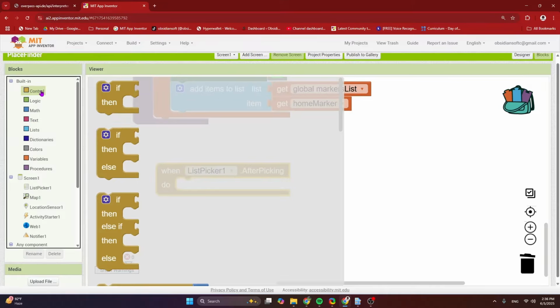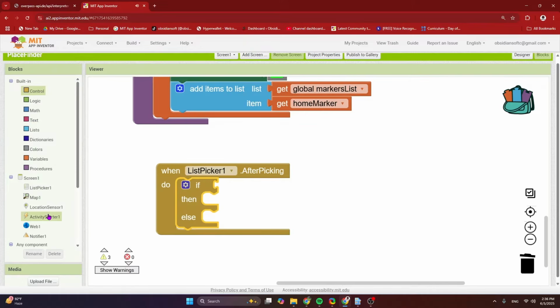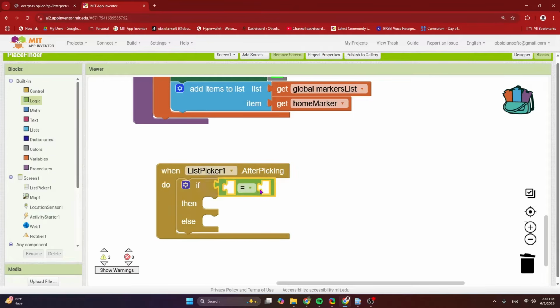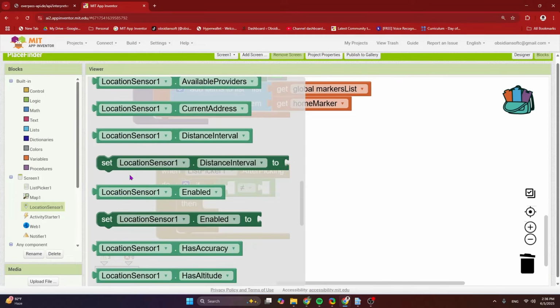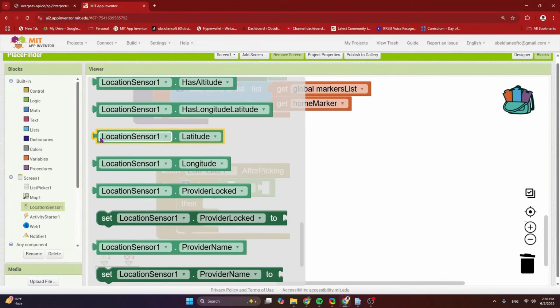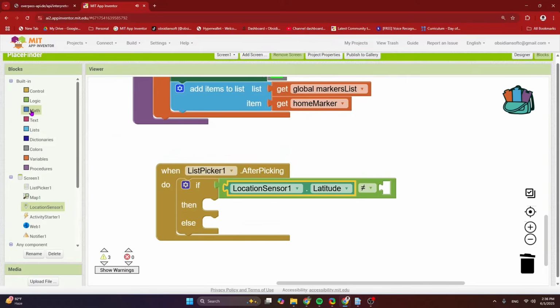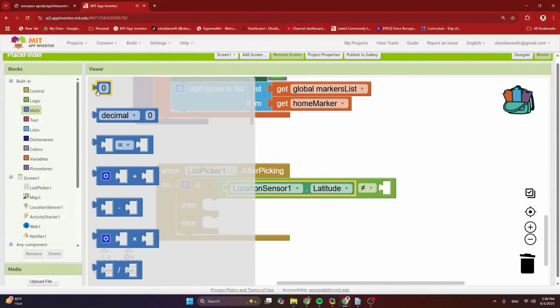Okay. So from control, get the if then else block, and here we are going to check using the logic equal to block, make this not equal to that location sensor's latitude is not equal to 0.